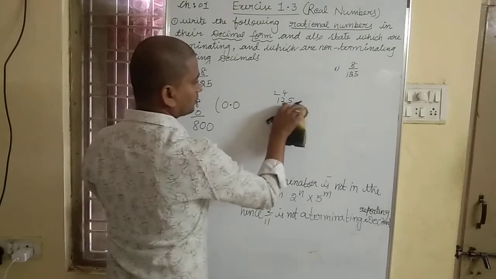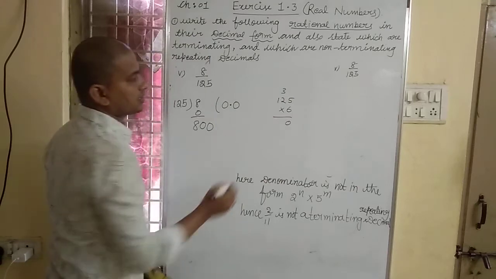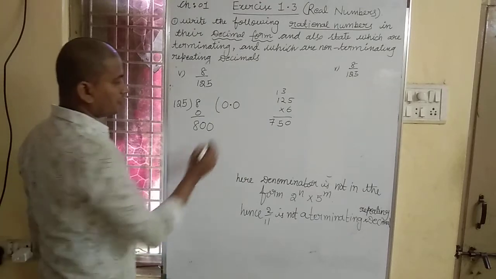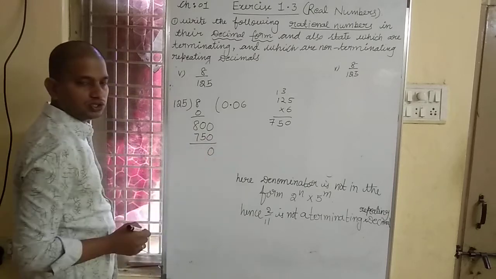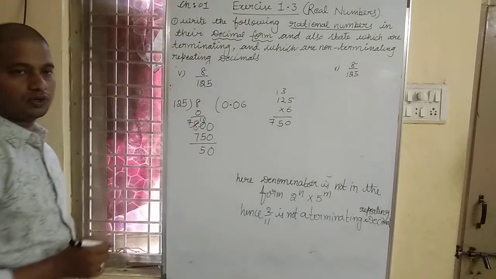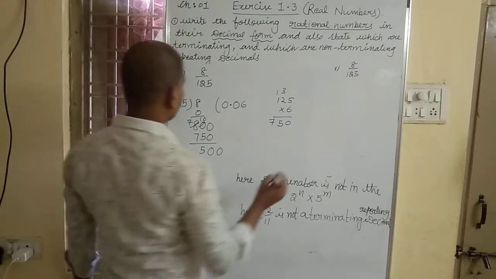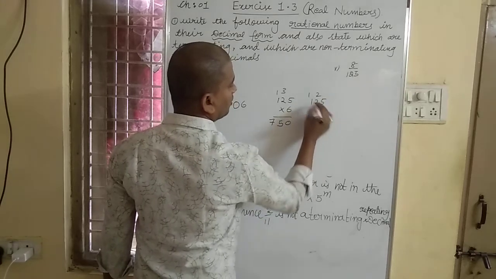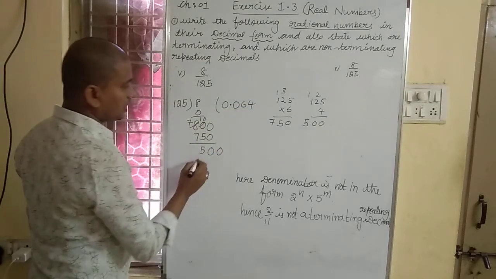6 times, check with the 6 table. 6 times 5 is 30, 6 times 2 is 12 plus 3 is 15, 6 times 1 is 6 plus 1, 7, 125. 6 times 125 is 750. 0 minus 0 is 0, 10 minus 5 is 5, which carries, 7 minus 7 is 0. Point is 8. Put again 0. Check with 125. 4 times 5 is 20, 4 times 2 is 8 plus 2 is 10, 4 times 1 is 4 plus 1, 5. How many times? 125 times 4 is